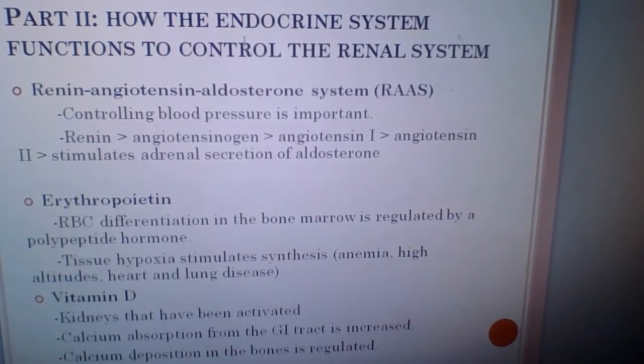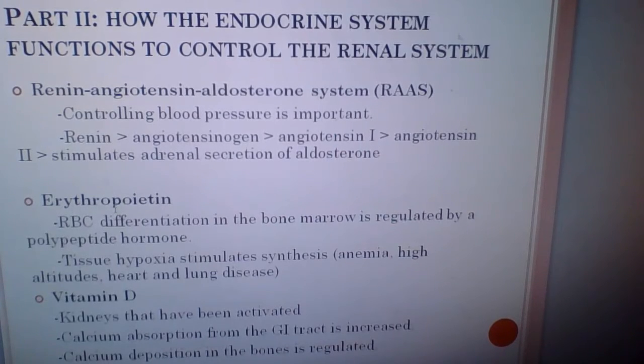Now, how does the endocrine system function to control the renal system? So it has RAAS, the renin angiotensin aldosterone system, and this controls the blood pressure, and it is important. And it goes renin, angiotensin I, angiotensin II, which stimulates adrenal secretion of aldosterone,